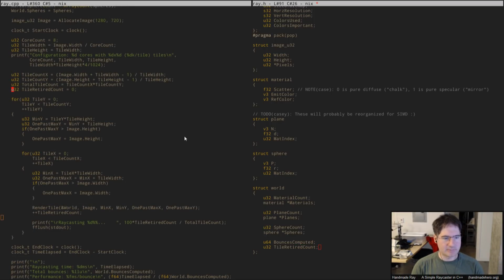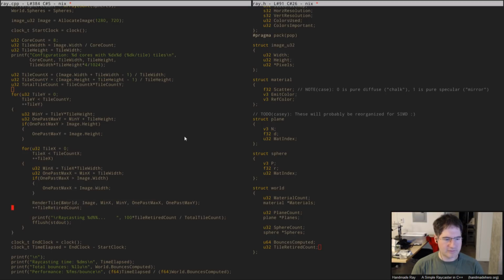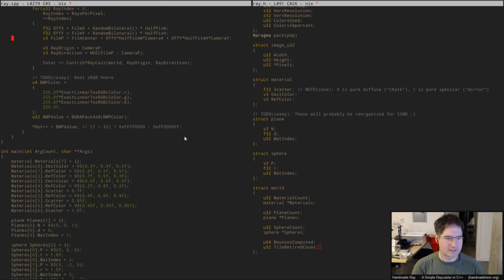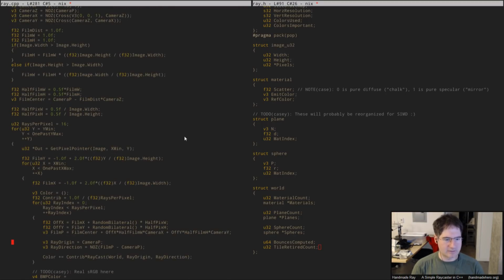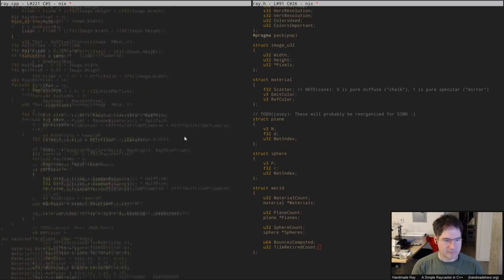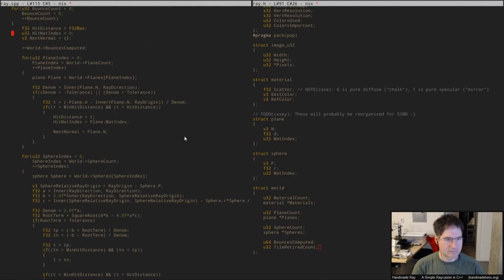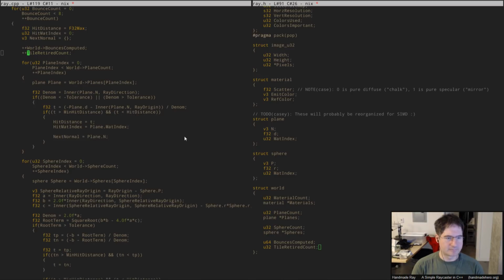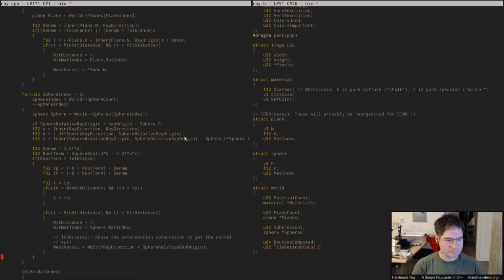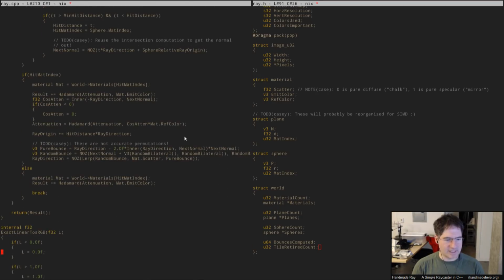I'm just going to go ahead and put that in the world structure, and the reason I want to do that, we'll see in a second. Where's that bounces bit? Bounce computed. We'll put tile retired in here. I'm going to move these to the end, so when we complete a tile, we're going to take the bounces computed and